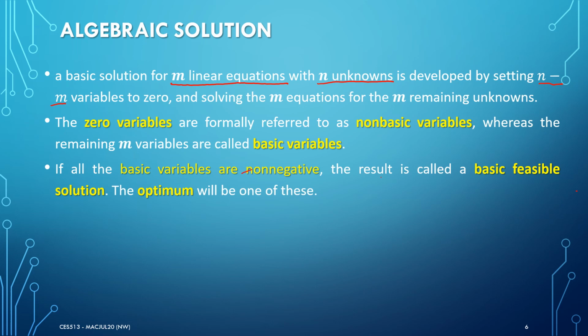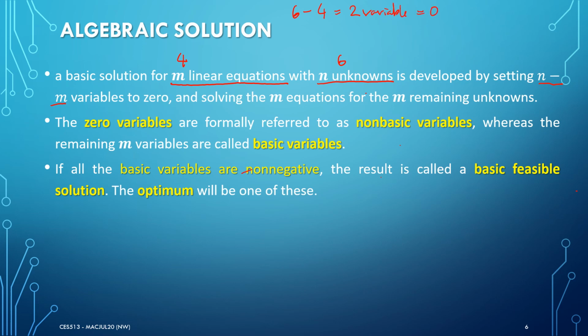For example, in our discussion previously, we have 4 linear equations and 6 unknowns. And then to have the basic solution, we have to develop by setting n minus m variables to 0. So we need to set 6 minus 4 equal to 2. So we must set 2 variables